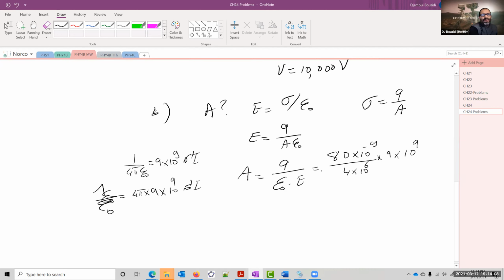So the calculator, 80 divided by 4 is, I need to make some simplification. That is 20. And 10 to the power 6 and 10 to the power 9, that is 10 to the power 3. So at least we have so far this number in here. So let's get the numerator only. What I have is 20 times 10 to the power negative 9. I really should handle that power too. Let's leave the power by itself. It's going to be 10 to the negative 6 anyway. So it's going to be a very small area in there, and it's going to be in square meters.